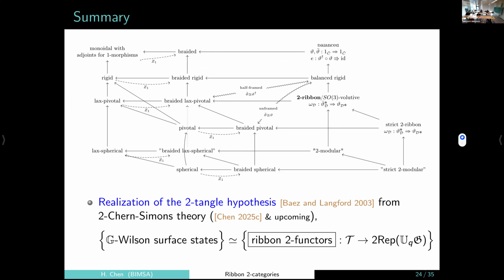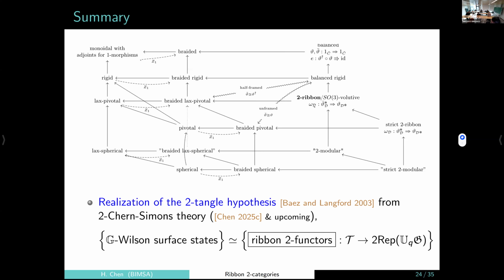Okay, to summarize, this is the two categorical version of the diagram I had at the very beginning, in which I have a monoidal two category with adjoints for one morphisms, all adjoints for one morphisms, and introduce braiding and introduce balancing. And you go down, but then you see that once you introduce duals, and then you impose pivotality, and you pick a trivialization of the double dual, there are different levels at which you can pick such trivializations. I call this lax, in which